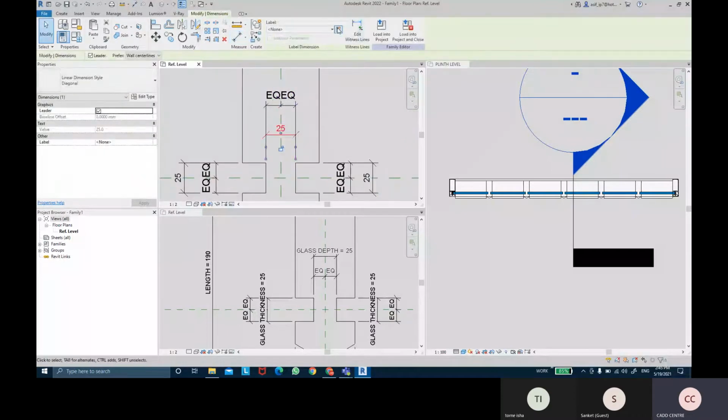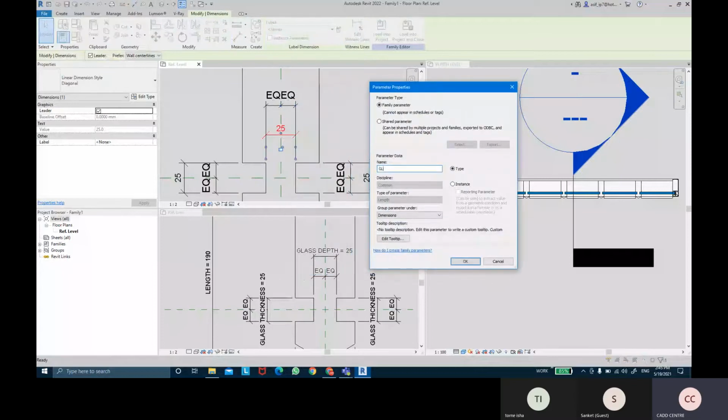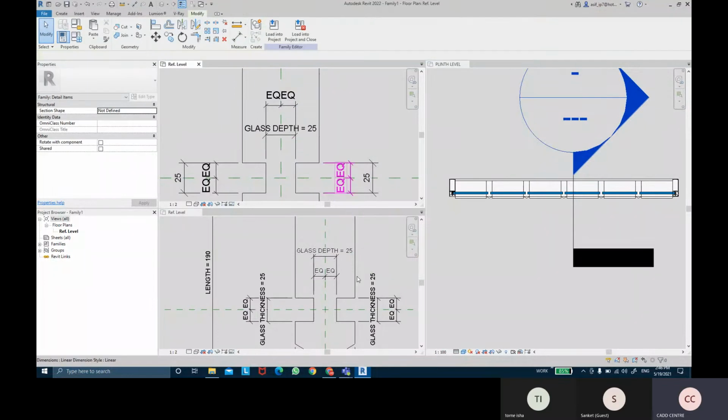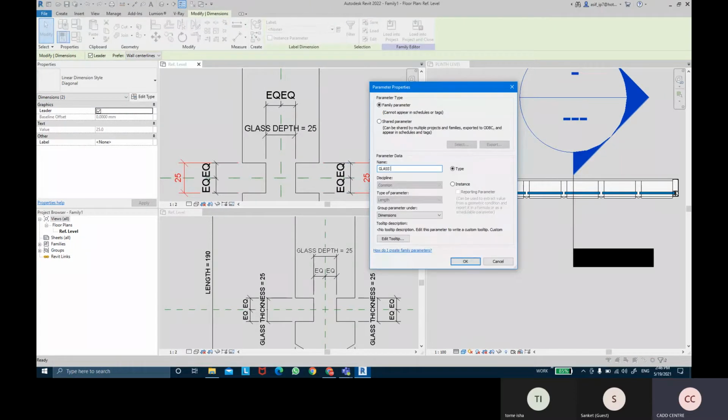Label this as glass depth. We have the glass thicknesses. So this should be glass thickness.